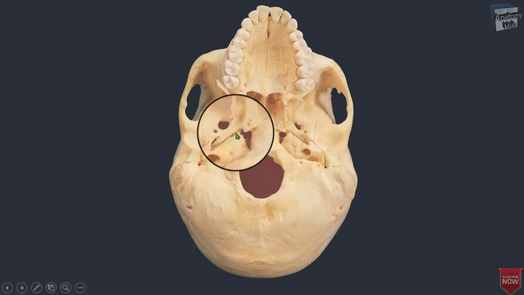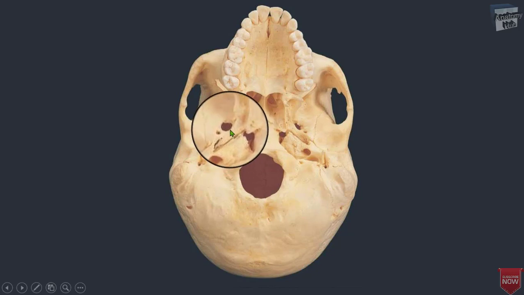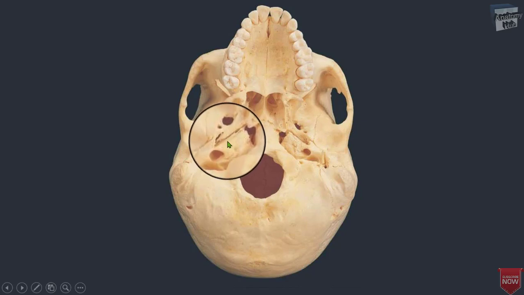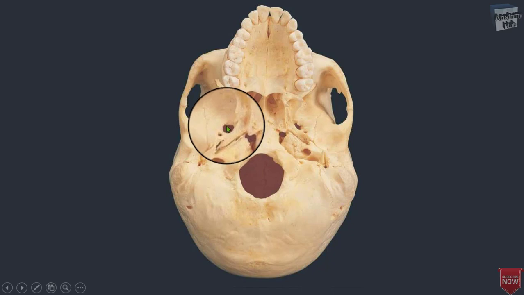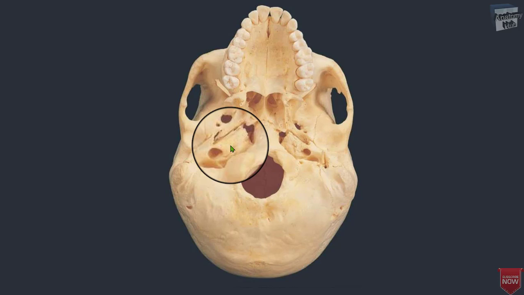Here you will find another suture. This suture lies between the petrous part of the temporal bone and the sphenoid bone, so it is known as the petrosphenoidal suture, which lies between the petrous part of the temporal bone and the greater wing of the sphenoid bone. Its width varies greatly, and in some skulls it appears as a fissure rather than a suture. Here it is not clearly visible, but the lower end of the lambdoidal suture can be seen on each side between the parietal and the occipital bones.